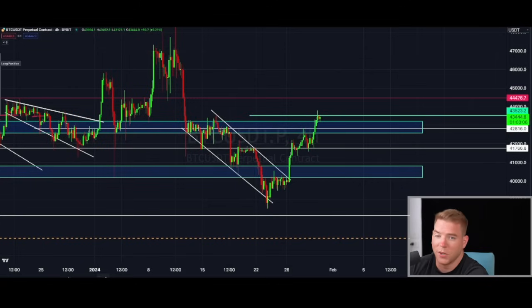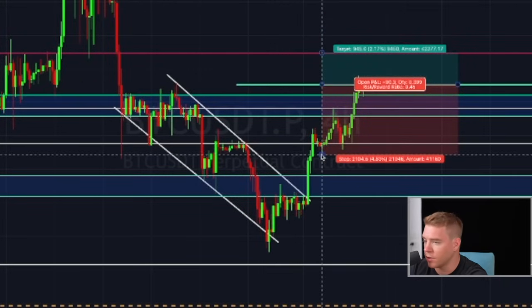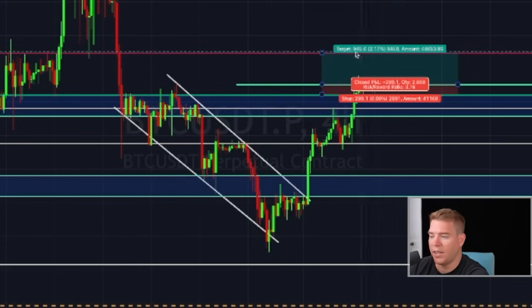Personally, I will do what I do, so you have to decide for yourself what you're going to do. So here's something like this. Yeah, it's actually 2.2%. But I will have a tight stop loss. Something like this, so $43,200 will be my stop loss. With 50x leverage, I can lose 35%, but I can also make like 109% to the upside. So it's worth it for me to risk it on that specific trade. So maybe I even do it while I'm recording this video if we are reaching